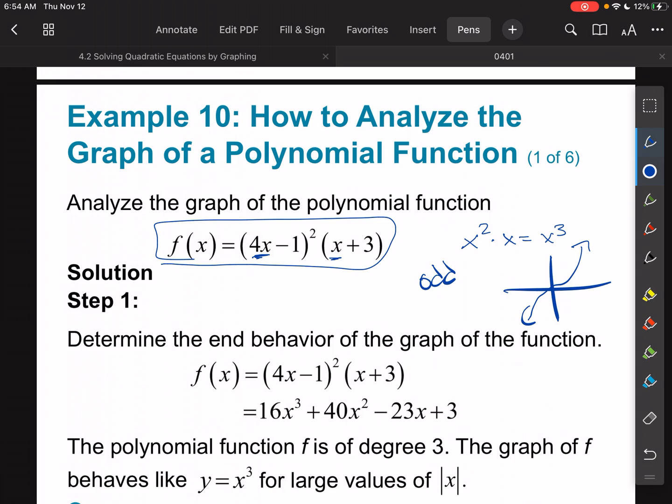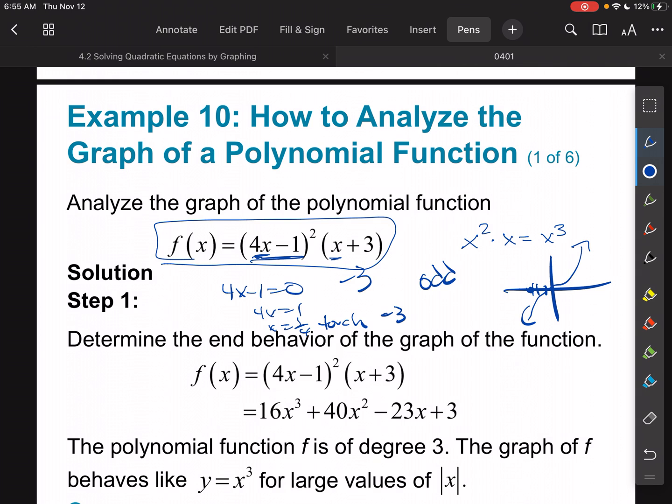Okay, I know that I have a 0 at whatever makes this go to 0. So if you don't know, you can set it to equal 0, right? So we have 4x equals 1, x is equal to 1/4. So at 1/4, the graph touches the x-axis, but it doesn't go through. Okay, so at 1/4, we have it touching, doesn't go through. And then at -3, we have another 0. 1, 2, 3, so my graph's off a little bit here. And that one does go through, so that one goes through. So at -3, we know we have a crossing. Okay,